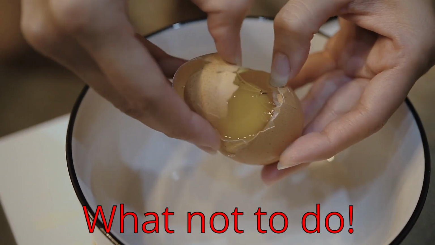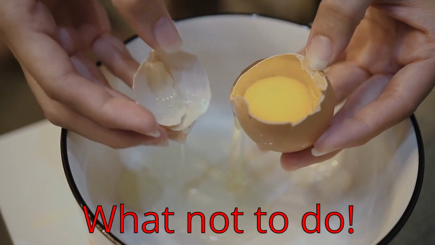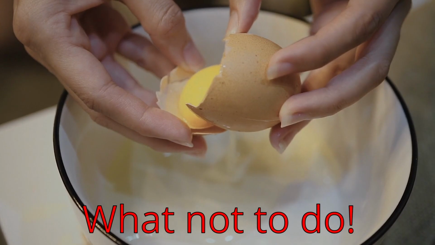First, you poke a hole in each end of the egg, and this will help you blow the edible part of it out while keeping the eggshell intact, thus disproving...